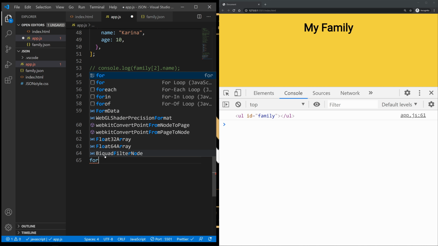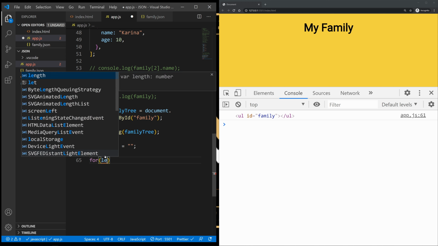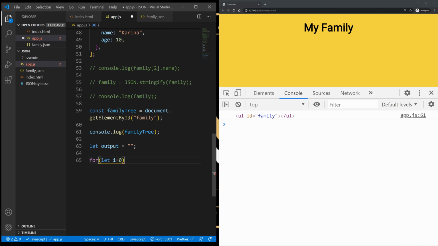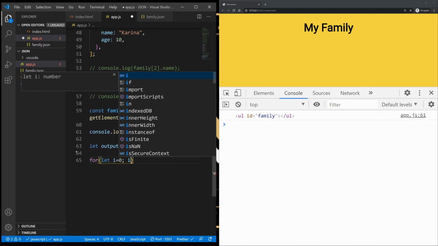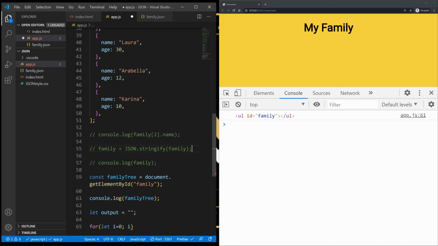Now I'm going to use a for loop, and I'm going to loop through. So let i equal to 0, and as long as i is less than family.length, so our family up here, I'm going to comment this back in.